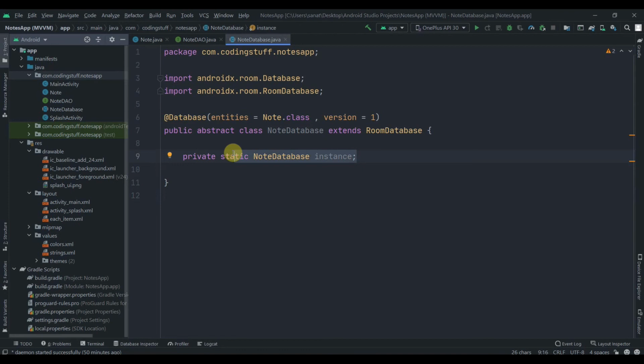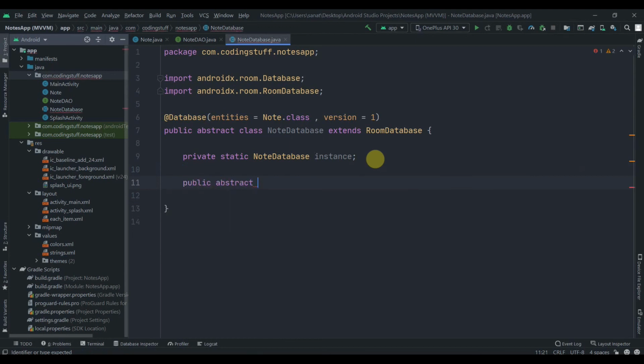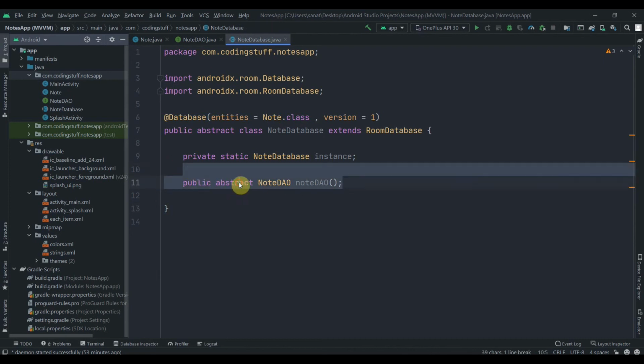Instead we use the same instance everywhere in our app. So that is singleton. After this we'll create one abstract method. So public abstract, and that will be NoteDao, and we'll name it noteDao. We will not provide a method body here because Room will take care of it. So later we will use this method to access our DAO.